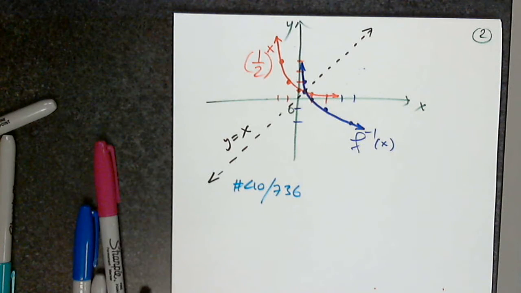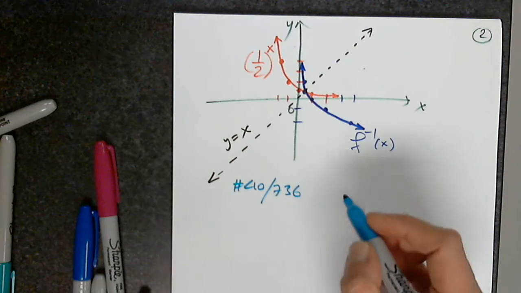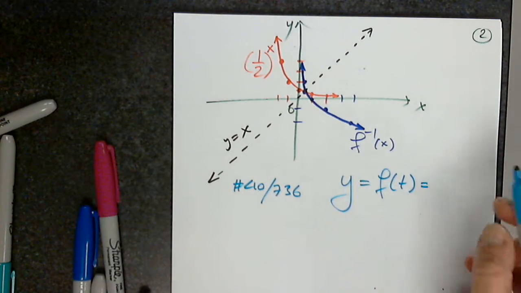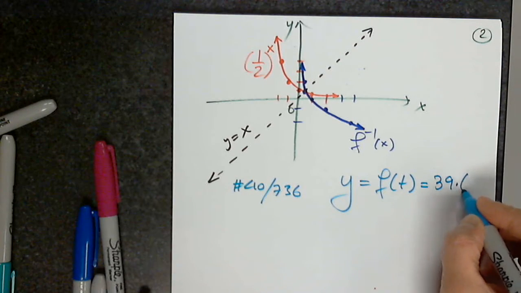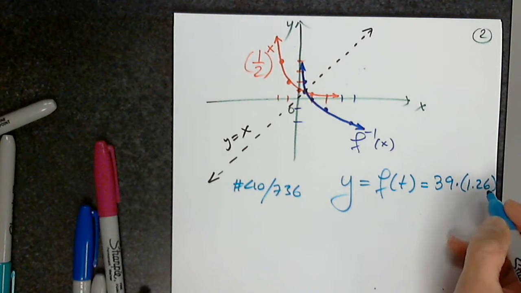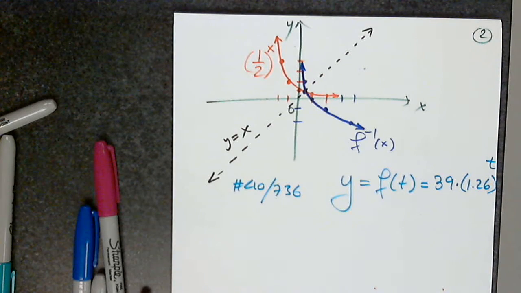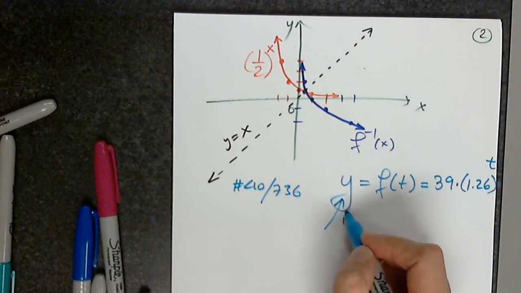In 2003, a total of $39 billion in revenue was collected through internet retail sales. Answer the following questions using y, or f of t, the same thing, 39 multiplied by 1.26 raised to power t, where y is the internet revenue in billions of dollars